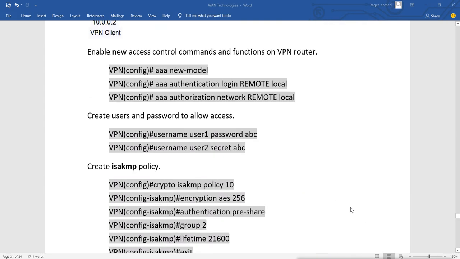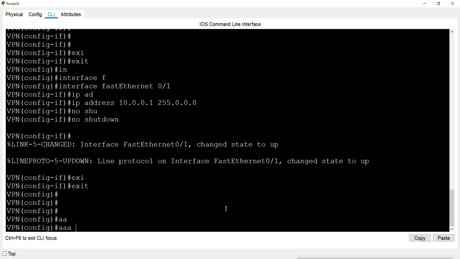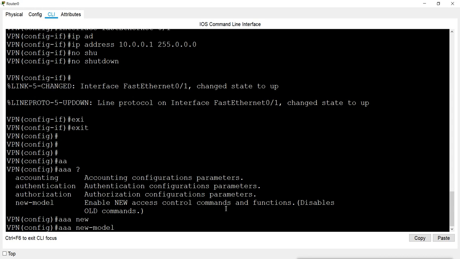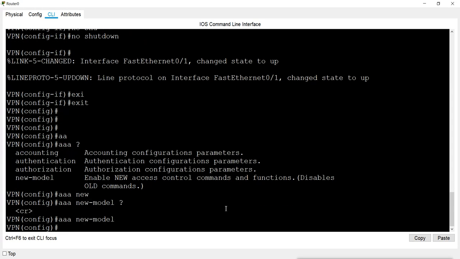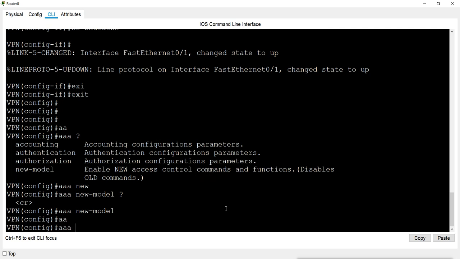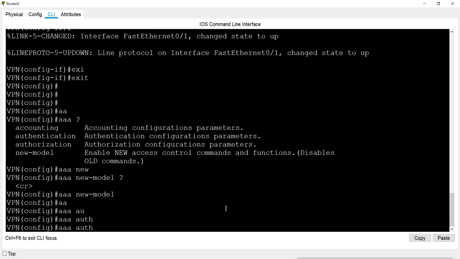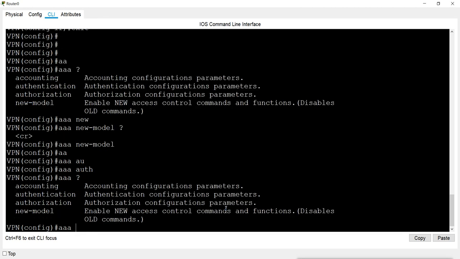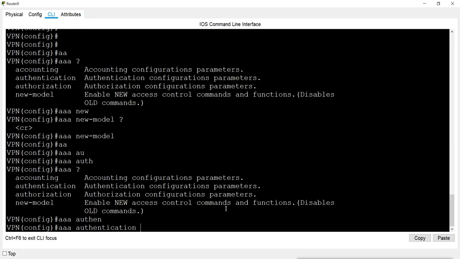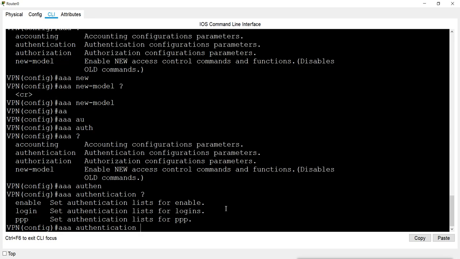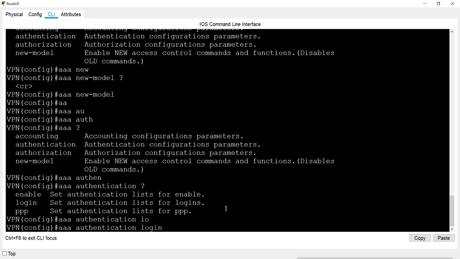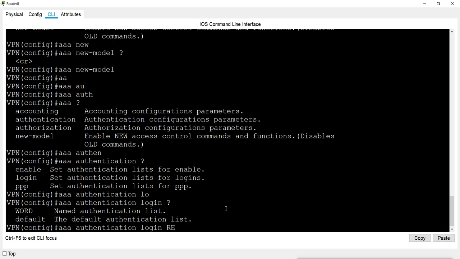So let's see what we do now. AAA new-model enable. AAA authentication login, and the name I will mention is remote, local.